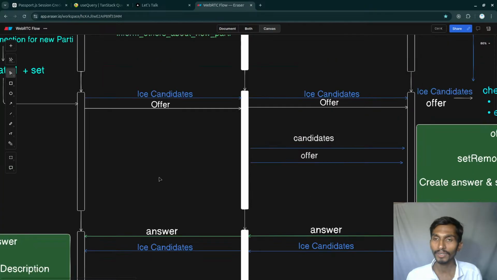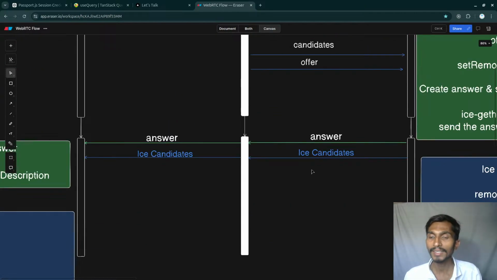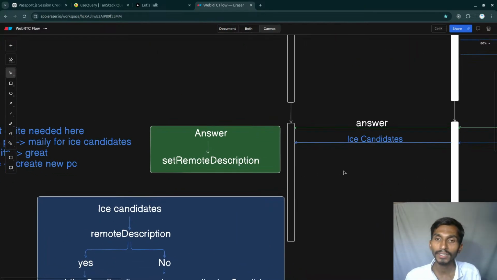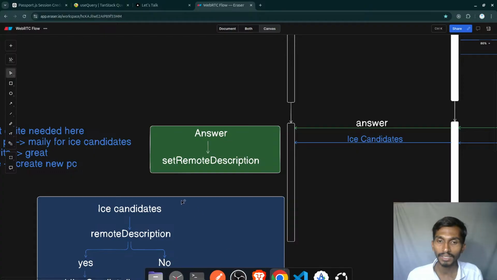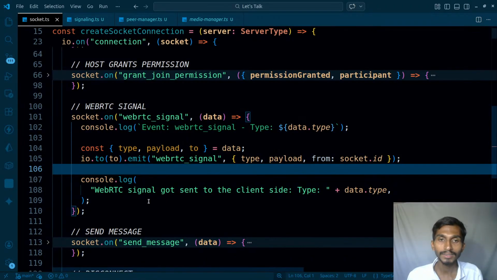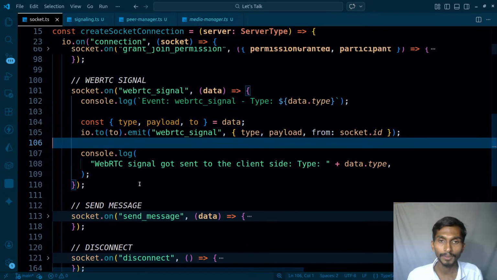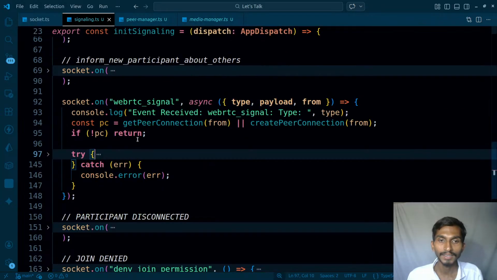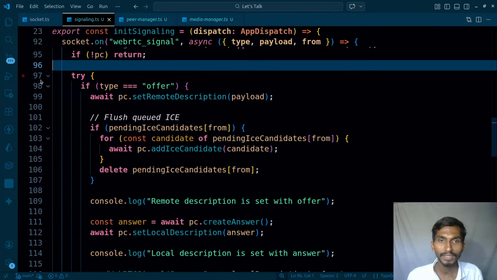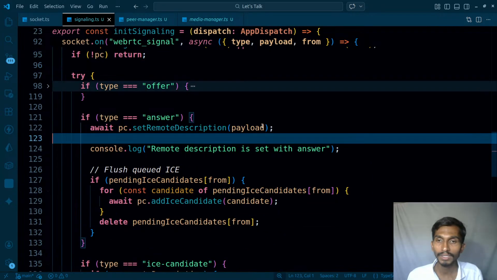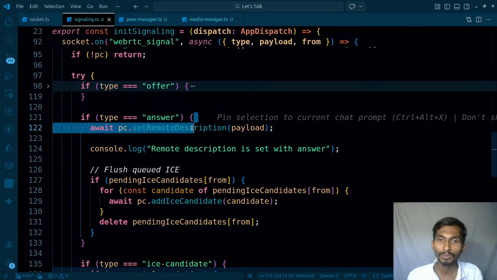Okay, so it should definitely be okay. So this is the signaling server, and at the end it will simply forward everything to the other client. The other client will simply get the answer and ICE candidates and all. And when the other peer gets the answer, so here it got the offer, then it gets the answer,